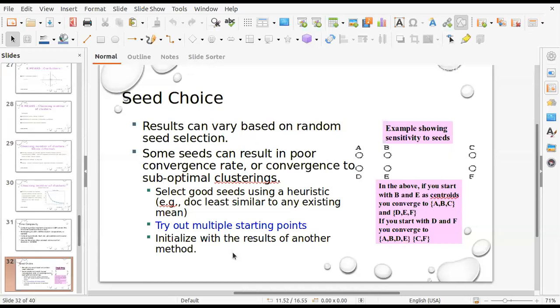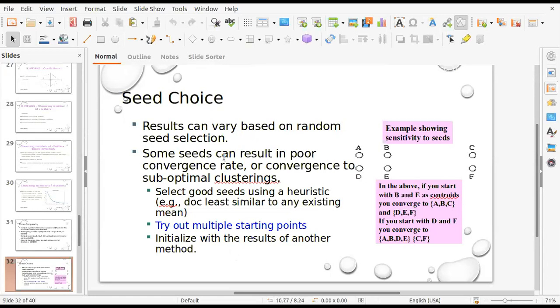Suppose the value of k is 4, you select any 4 random points. So it is also important which 4 points you select initially. If your 4 points are appropriate, then it may converge rapidly towards the final solution. If the 4 points you selected initially are not proper, then it may lead in a different direction. It is also true that you will not necessarily get the same clusters every time. Look at the screen.